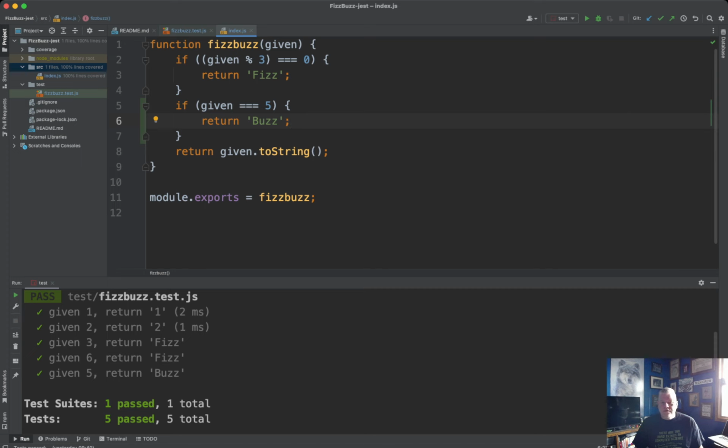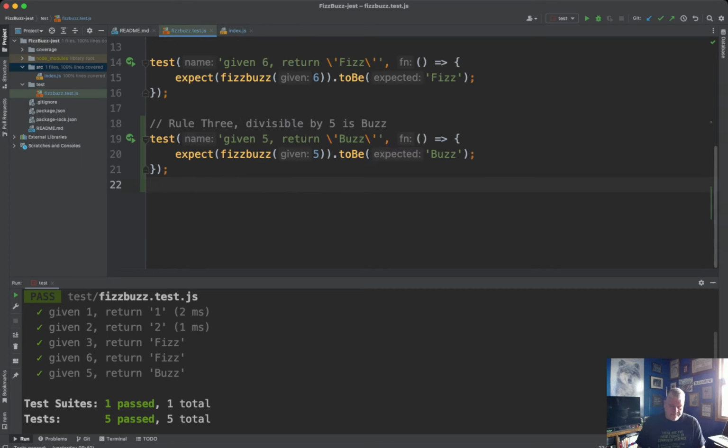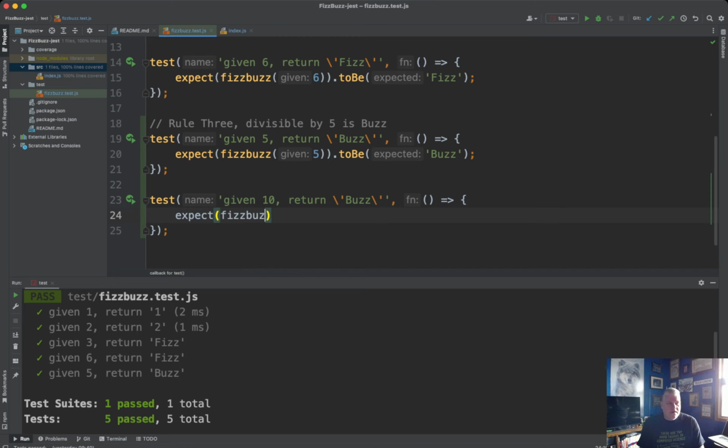Cool. So given 5, return buzz. That's passing. Awesome. Let's go to the next step. What's the next most reasonable thing? Well, let's follow the pattern we used before. Given 10, return buzz. And then go in here and say I expect FizzBuzz 10 to be buzz,